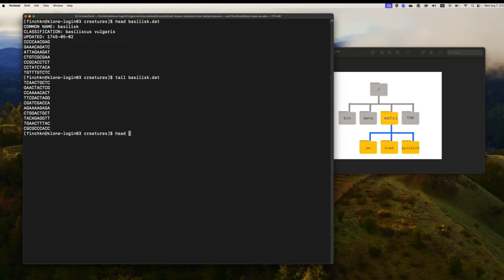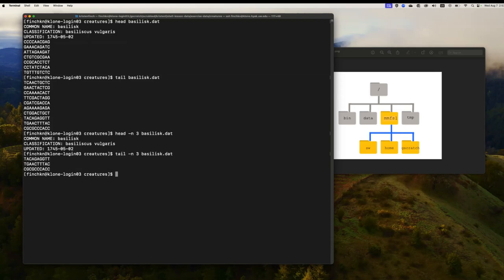You can say head -n 3 basilisk, and it will just do the top 3 lines. And same with tail. If I go over here to the top of this tail, bam. Good stuff. Another way to explore, if you have a long file with many, many lines, don't cat, but you can use more